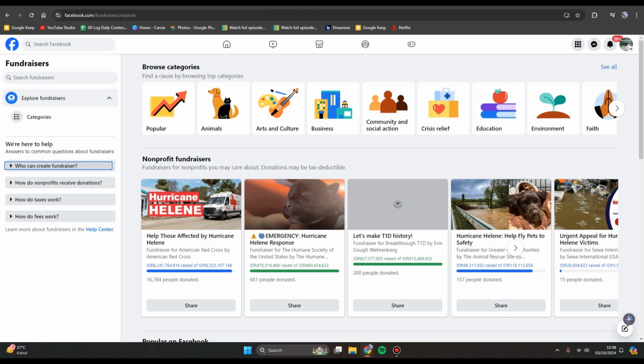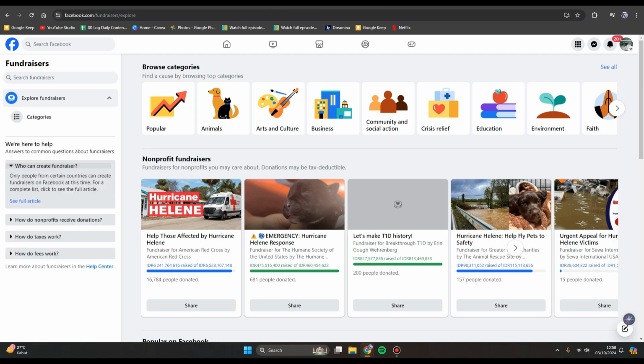Okay, so here I'm already on the fundraisers page on Facebook, and if you are from a certain country that Facebook allows to create a fundraiser, there will be this raise money button in here, but unfortunately my country doesn't support that yet. So here you can see who can create a fundraiser. Only people from certain countries can create a fundraiser on Facebook at this time. So if you want to see if your country is included in the list, you can click on the see full